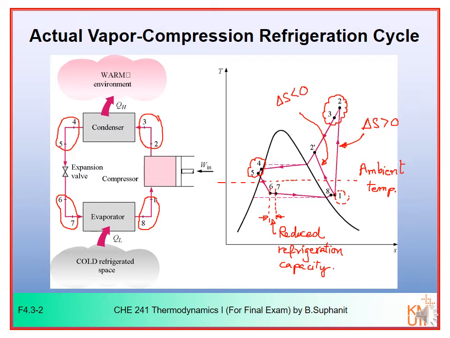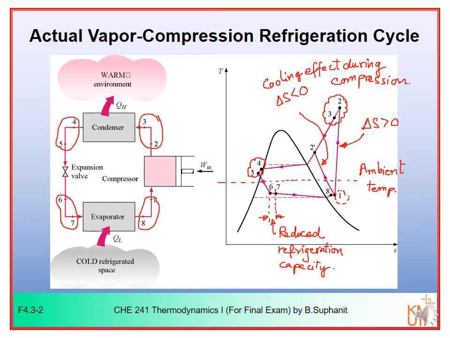We have a cooling effect during compression. This condition is more desirable than the isentropic process, since the specific volume and the work requirement will be smaller in this case. Therefore, the refrigerant should be cooled during the compression process whenever it is practical and economical to